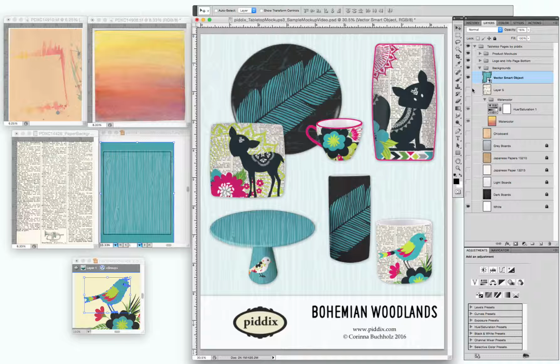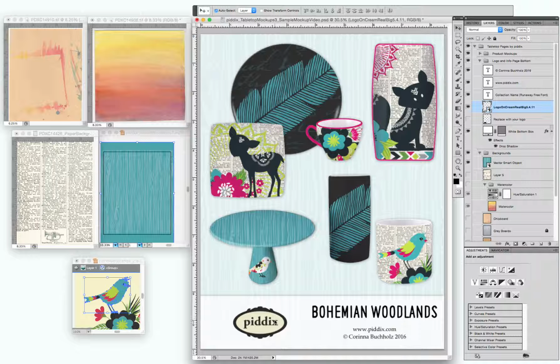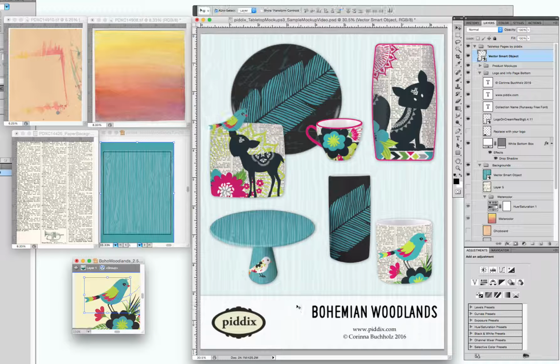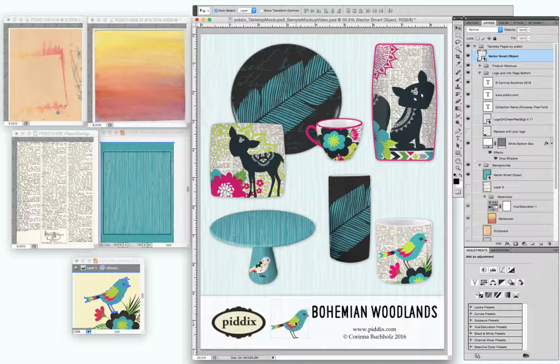Now one more trick that I like to do that's similar is you can sometimes take some of these little details in your artwork and add it to the background as well. Maybe you take some of these flowers and put it over here. For this, I'm going to turn on auto select, move my logo over just a bit. I'm going to click up at the top because what I want to grab I'm going to put on top of everything. So this little bird, which comes from this vase, I'm going to drag this guy over, kind of like a little mascot. Place it, move it on down,